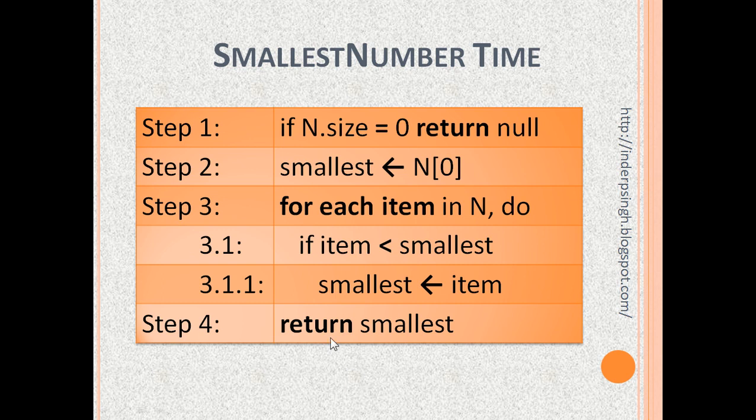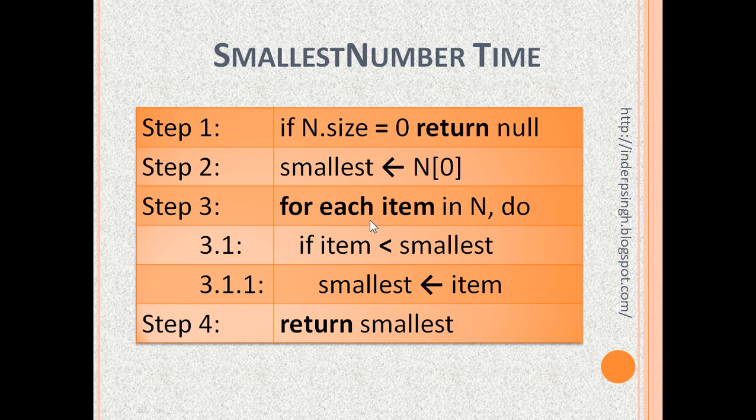There is another return here. It needs time to assign value to a variable. For example, smallest is equal to n0. This takes some time. If a smaller item is there, then smallest is equal to item will be executed. This also takes time. And the comparison also takes time, by comparing the current item with the smallest. Each iteration of the for loop also takes some time.